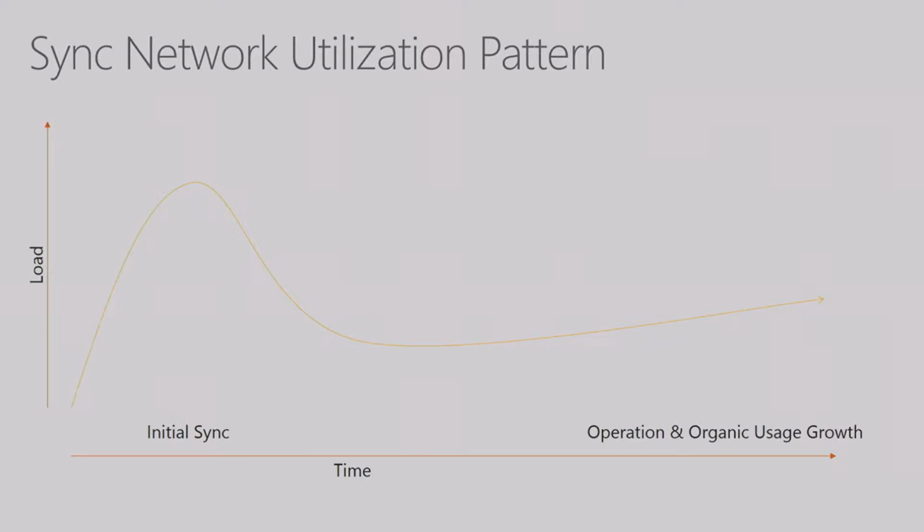So typically in a deployment, you're going to see a pretty high spike in initial network usage in probably the first couple days, the first couple weeks of your deployment, going back to that conversation of the file ecosystem. You're going to see this network utilization as that file ecosystem starts to shift, either from the PC up to the cloud or from the cloud back down to the PC. And so after a couple of weeks when things start to level out, you'll see a dip and then growth will just start to increase organically.